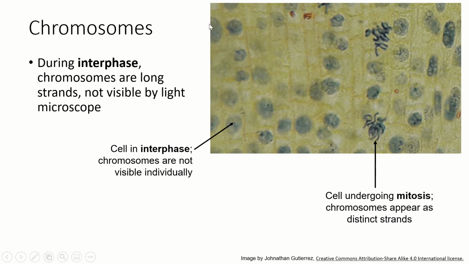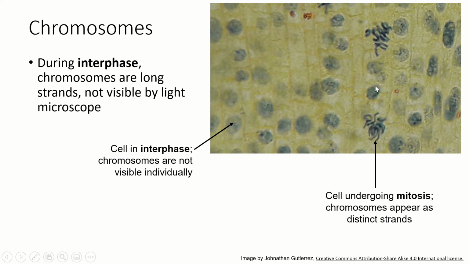So this is a microscope slide of an onion root that's growing. And so a lot of the cells in this onion root are doing mitosis to replicate themselves. And you can see the cell walls here, so you can see where each cell is. Some of these were cut when this tissue was sectioned. Some of the nuclei were cut out. That's the word I'm trying to get. And so it looks like it doesn't have a nucleus. Of course it does. So all of these cells where you can't see distinct chromosomes as strands, those are all in interphase. They're not doing mitosis.